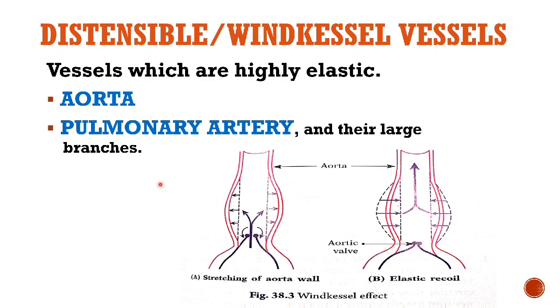So the blood which is ejected from the heart is in the pulsatile fashion. So this pulsatile ejection has to be converted to steady flow in the capillaries to get the maximum exchange of nutrients between the blood vessels. So how this pulsatile ejection of blood flow is converted to steady flow is because of this Windkessel